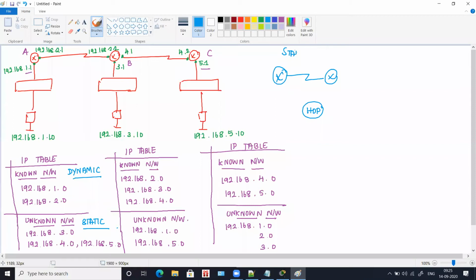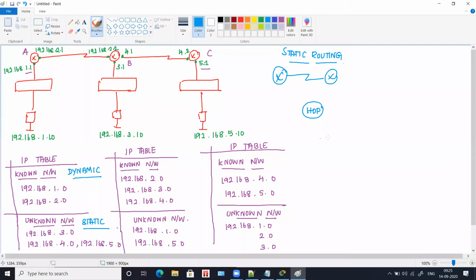We're going to see static routing now, and there is something called hop. What is hop? In general terms, what do you think hop is? Jump, exactly. It is like jumping.